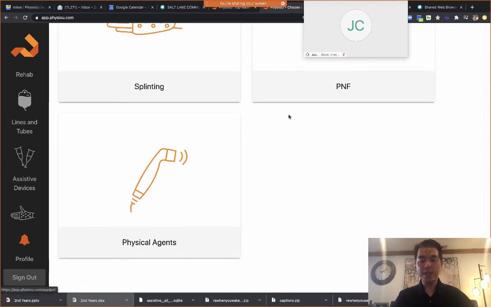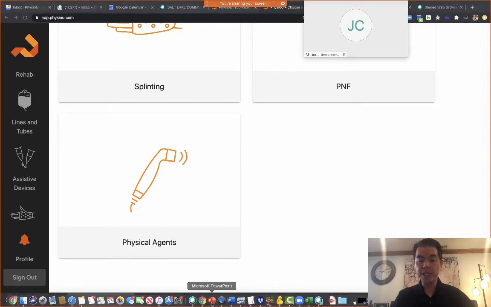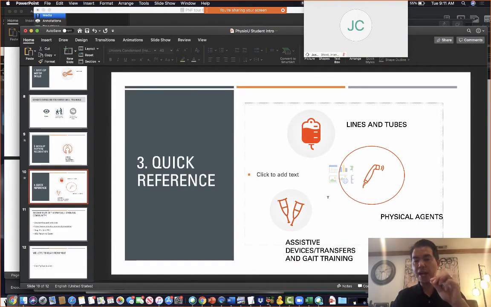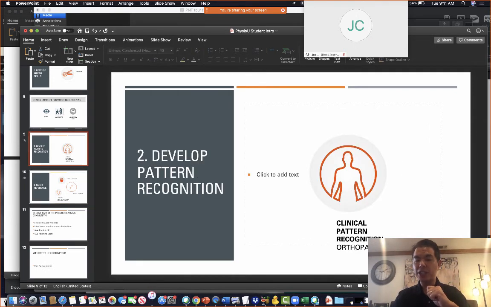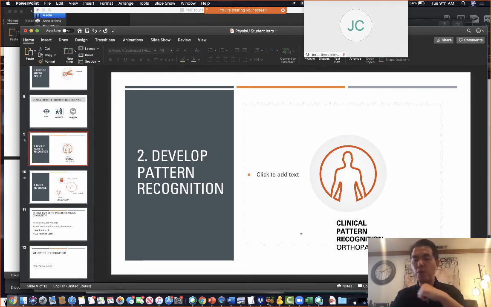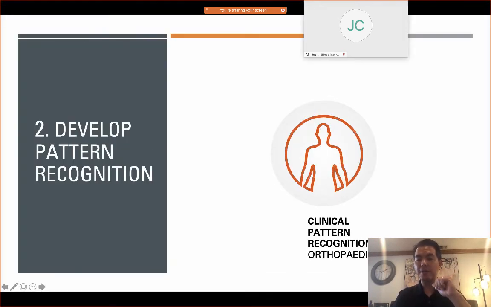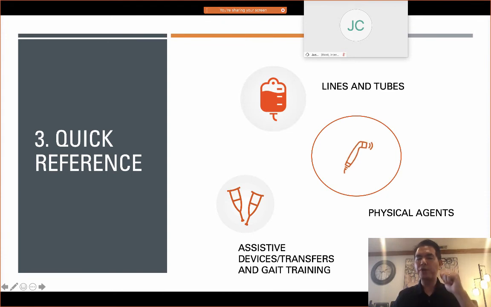So I hope that what you see is, one, a few of the apps that are immediately useful to you in the upcoming semester, and some ideas of how to use it for your own motor learning, right? Take responsibility for your own learning. You will learn better that way. Use the apps for clinical pattern recognition, developing your pattern recognition. Don't be afraid to explore the apps. I've walked you through one of them. You can learn about all the common patterns that you're going to see in the clinic, okay? And use the quick reference as a way to prep your brain before you go to class.